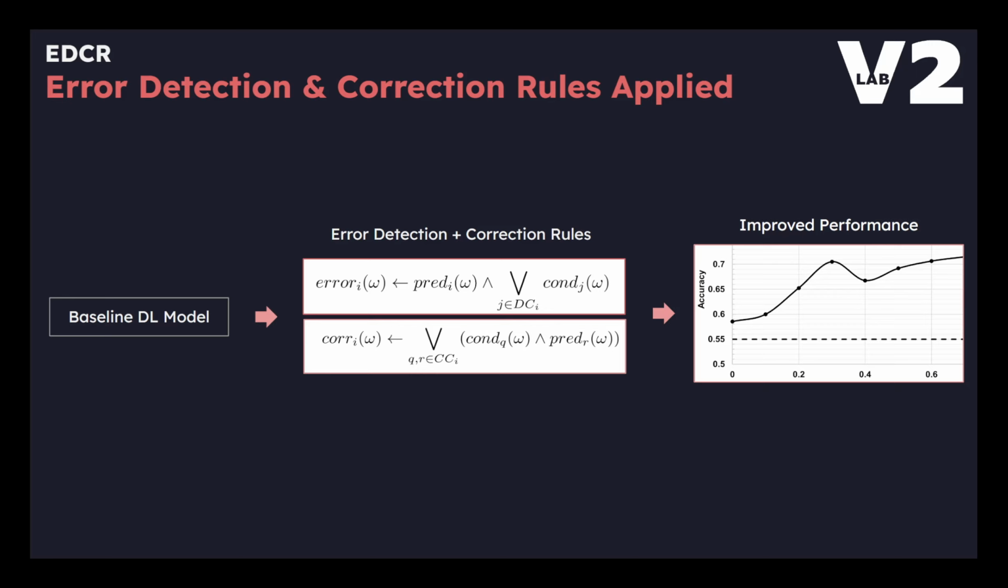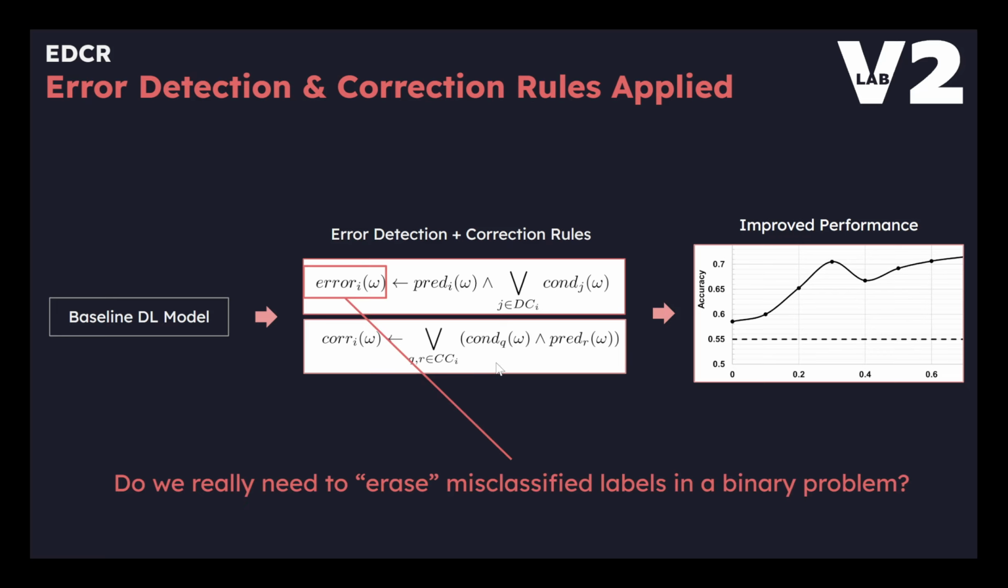So in our case, it didn't really make sense to have the label erased in the detection rule, because we have a condition that can tell us when a model's prediction is incorrect, and in particular, we're only interested in flipping potentially incorrect non-spikes to spike classes, because spike classes are the minority class and they're also the class of interest. So it didn't really make sense to erase those labels, because why not just assign something we called incorrect non-spike, and why not just flip it to a spike class instead?